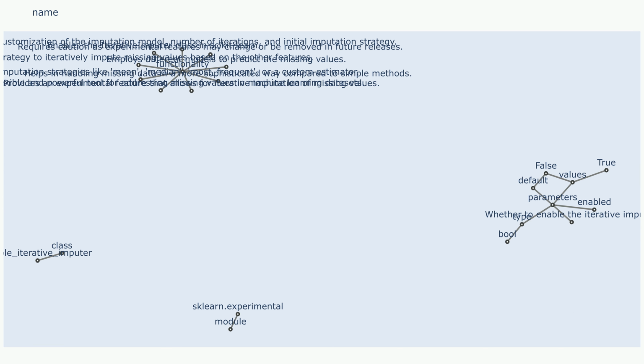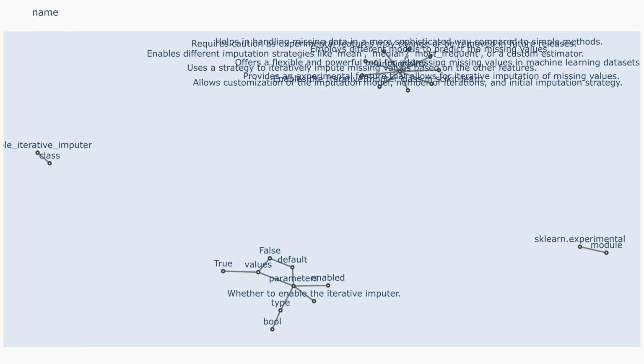5. Usage example: Python. From sklearn.experimental import enable_iterative_imputer. From sklearn.impute import IterativeImputer. From sklearn.linear_model import BayesianRidge. Create an iterative imputer using the experimental implementation. imputer = IterativeImputer(estimator=BayesianRidge(), random_state=0, sample_posterior=True,